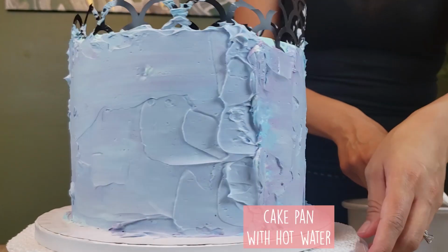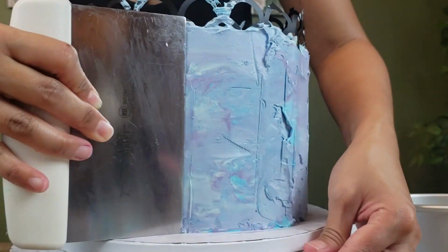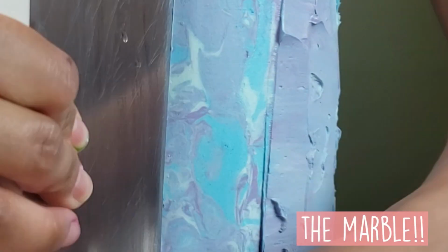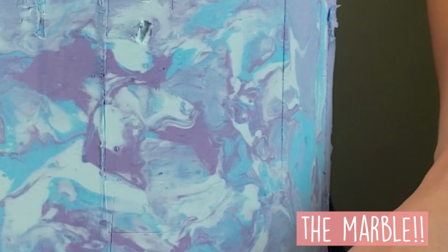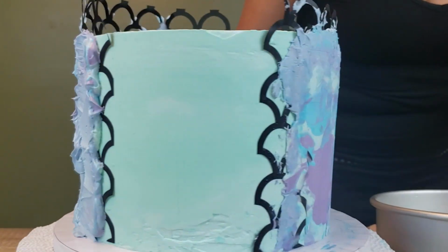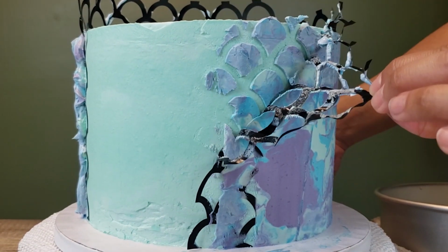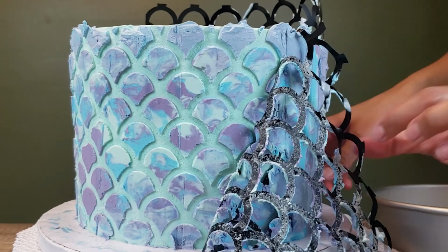Well, that was fast. Now we're using a metal scraper and hot water to smooth out the buttercream. You see, that is the most beautiful thing I've ever seen, the marble. My stencil didn't cover the whole cake, so I repeated the steps until the whole cake is covered in fish scale. Peel it off ever so gently, and while the buttercream is slightly soft so you don't risk pieces of the